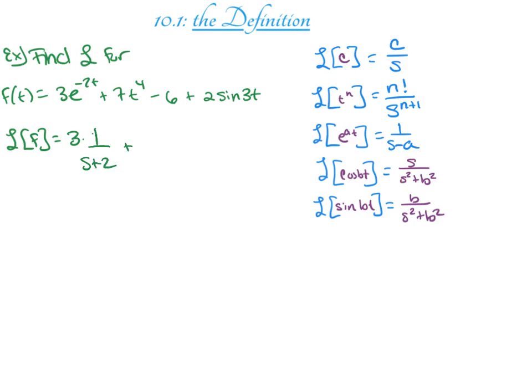Okay, likewise for the 7t to the 4th, just going to multiply the 7 by whatever the Laplace transform is of t to the 4. That would be our second one we have listed. So t to the n is n factorial. So that would be 4 factorial